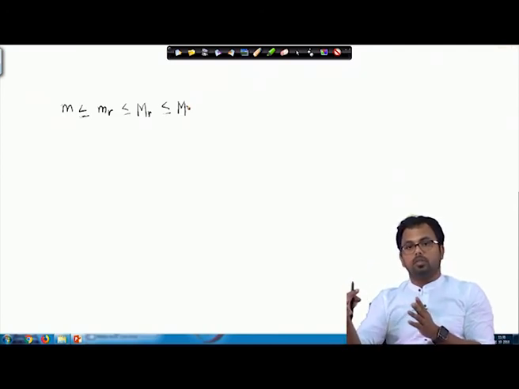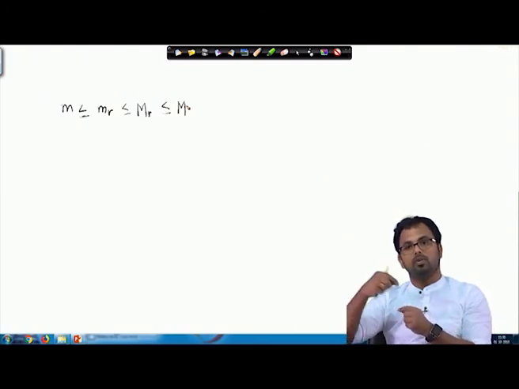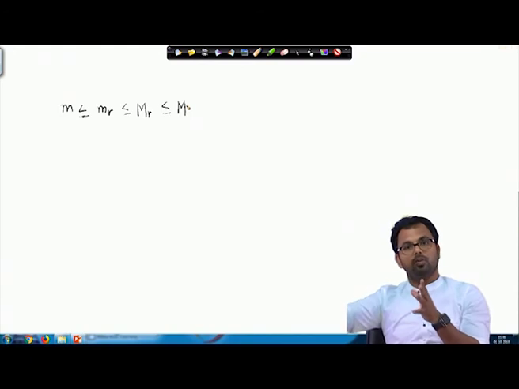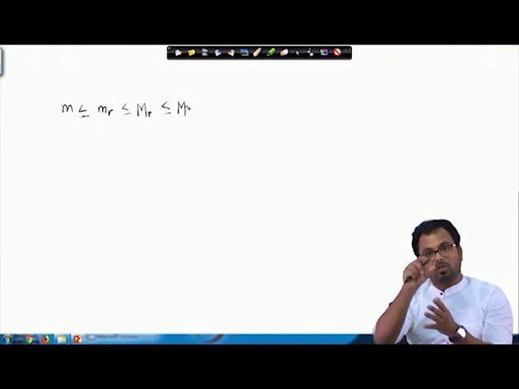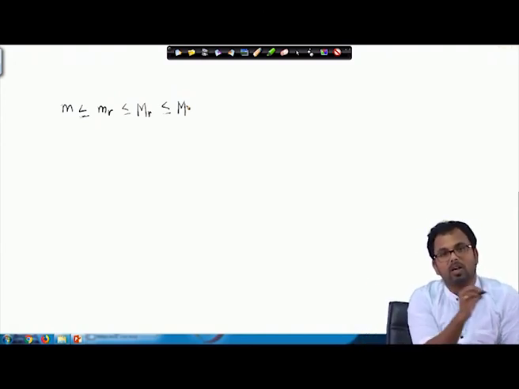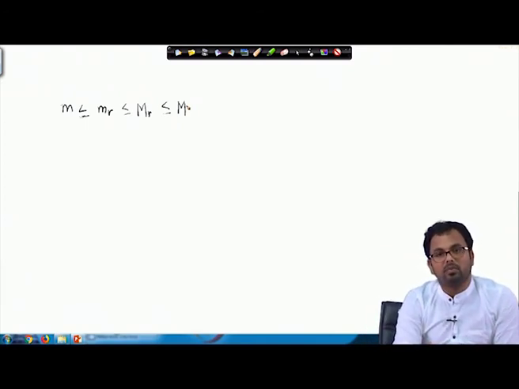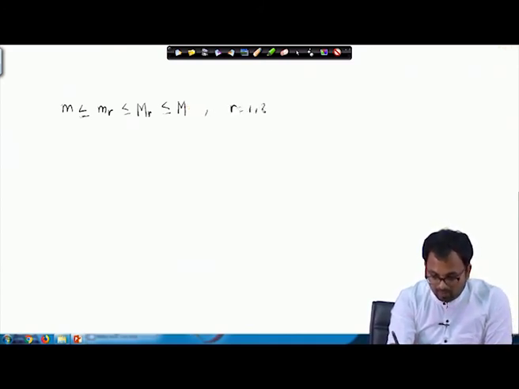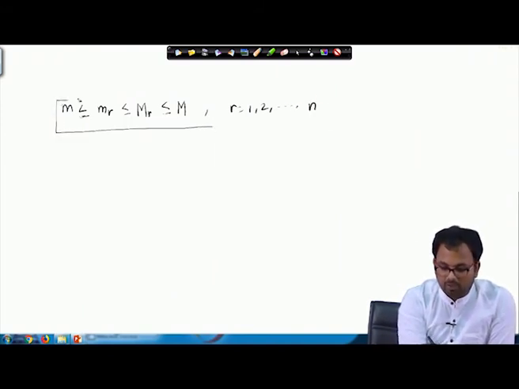However, in the rest of the subintervals, of course, we have an upper bound too. Of course, the function f has a maximum value at some point, but that upper bound is always less than or equal to the upper bound of the function f on the whole interval 0 comma 1. That is why the upper bounds on all of these subintervals will be less than or equal to the upper bound of the function f on the whole interval. That upper bound is denoted by capital M, and here r runs from 1 to n. So, this is a very vital relation,